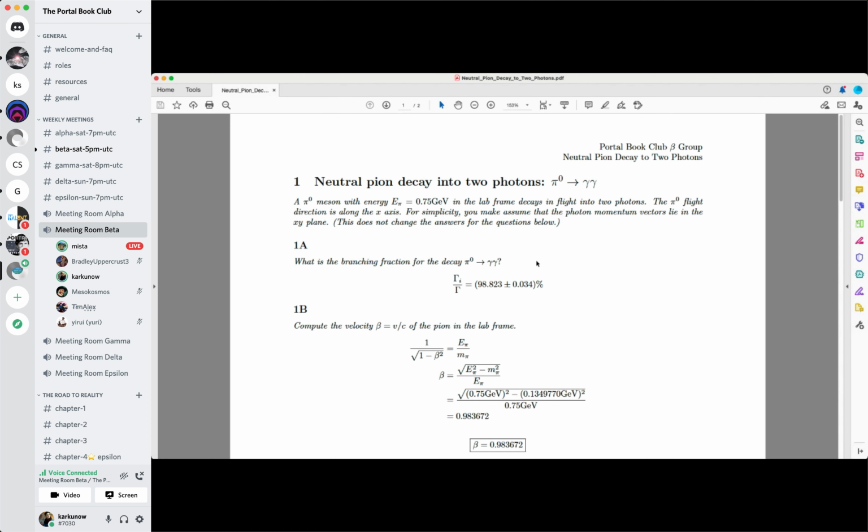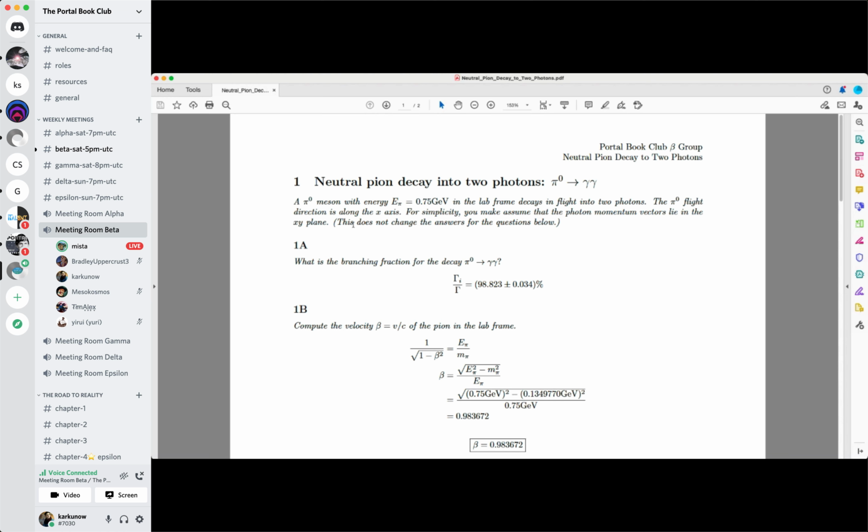Okay, so I don't think that we're going to go too much into detail on every aspect of this problem because some of it's just some calculations and looking things up from data tables and whatever. But here's the basic setup for the problem. It's just like what we had in that figure at the end of chapter 18, where the pion decays into two photons,